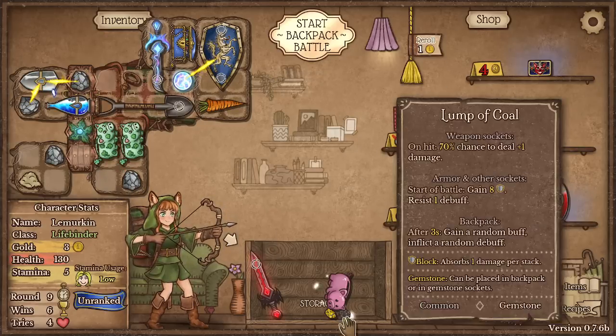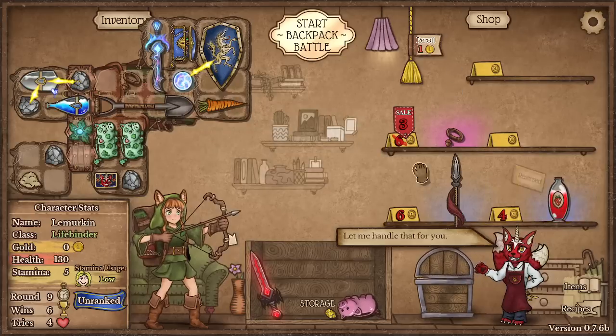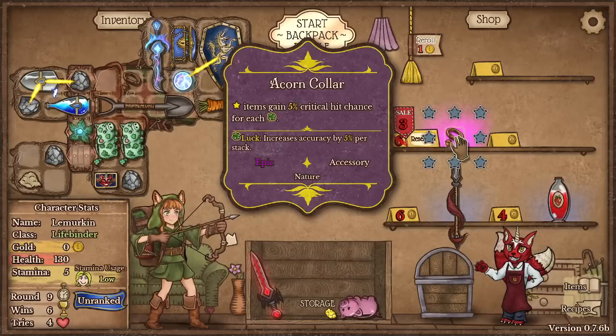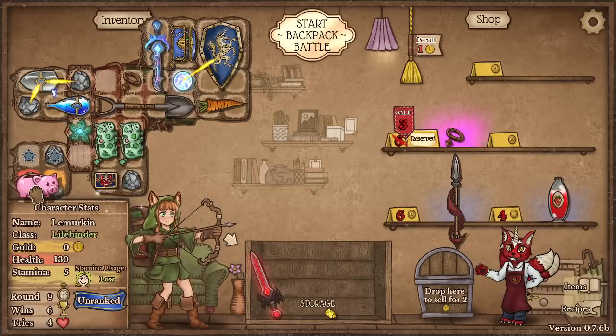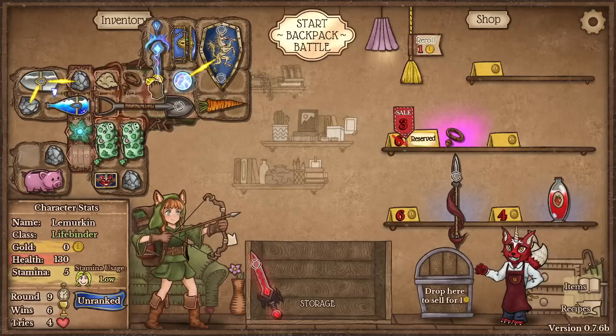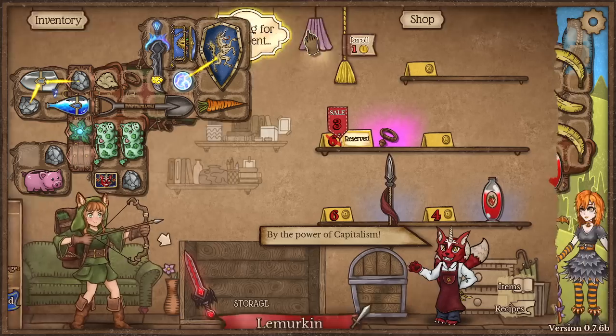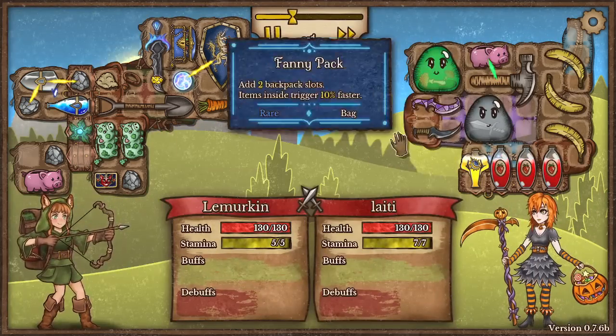Okay. And let's sell off the coal for a customer card. And let's look to grab this other Acorn Collar at some point. For right now, I'm just going to sacrifice that. I'm sure there's better ways to place this, but here we are in Unranked. It's a cursed time for cursed people. We're not going to take the health potion quite yet,